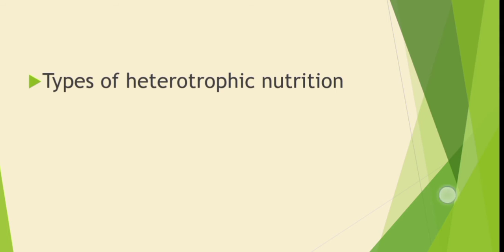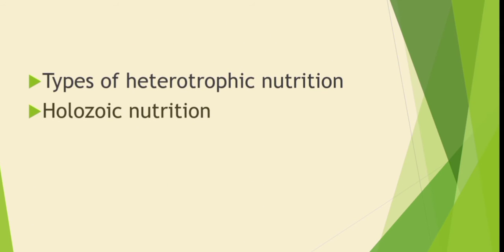We have different types of heterotrophic nutrition, and the first is holozoic nutrition. This type of nutrition is carried out by nearly all animals. It is a type of nutrition in which food is obtained as a solid organic material, eaten, digested, and absorbed